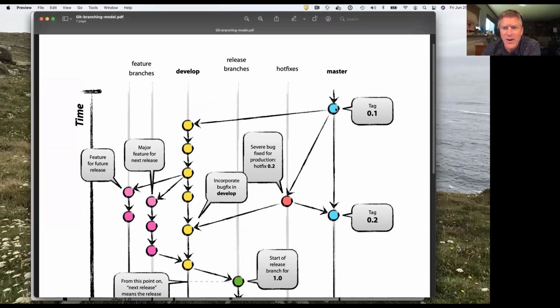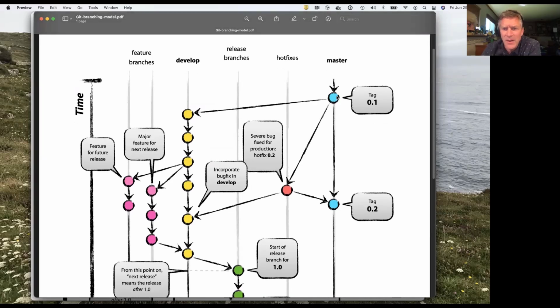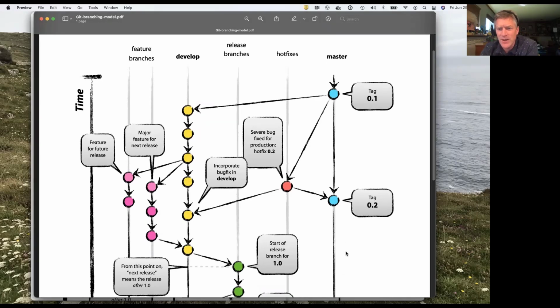Every commit to the master branch is associated with a tag and a public release. So the master branch is mainly for public releases. If we see there's a bug in our publicly released, tagged code, we can start a hotfix branch, fix the bug, and merge it back into master.